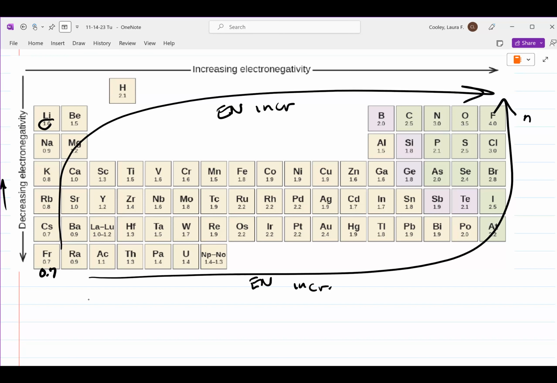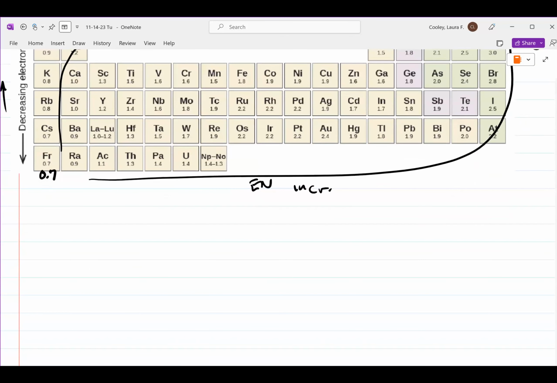And notice there's no rare gases here. That's not included. All right. So we are going to talk about covalent bonding very soon. Okay. And covalent bonding involves sharing electrons between two atoms. So in covalent bonds,